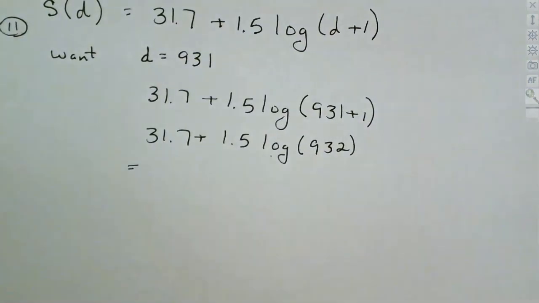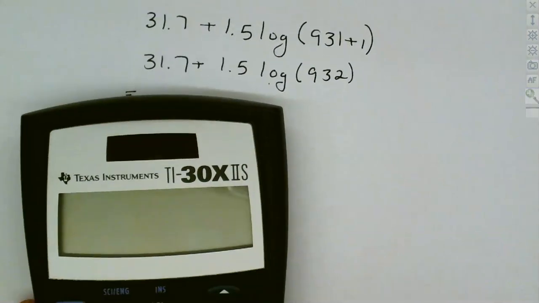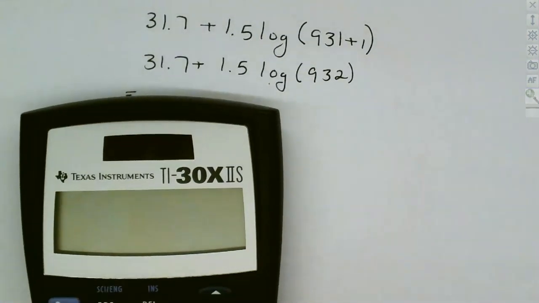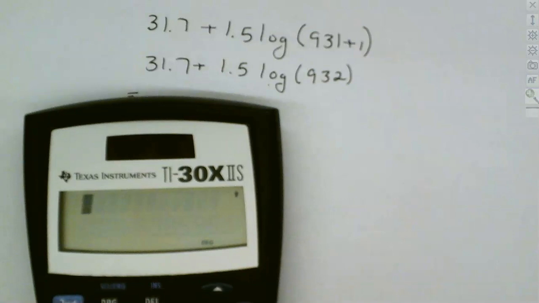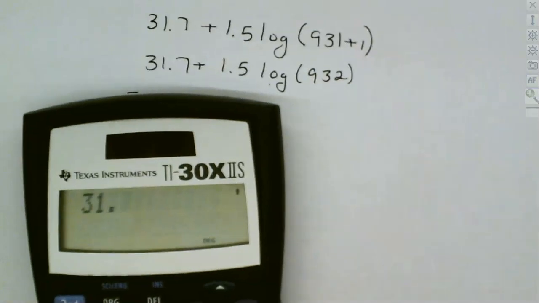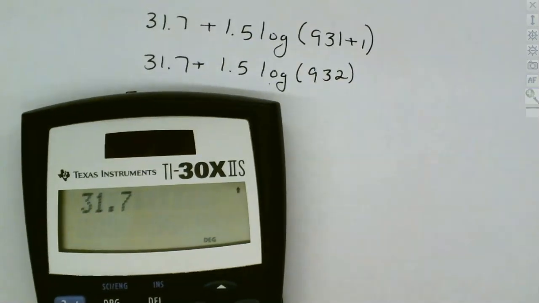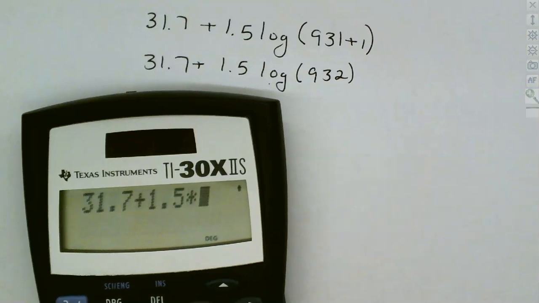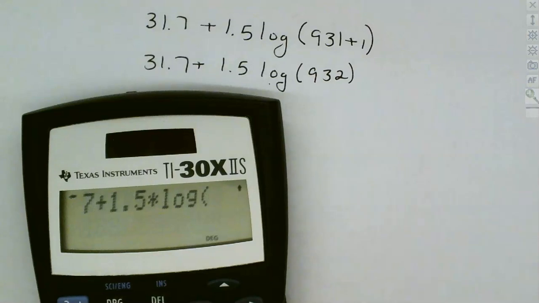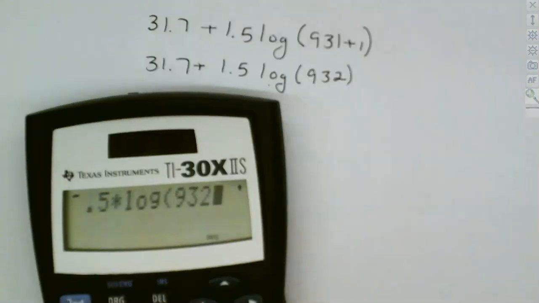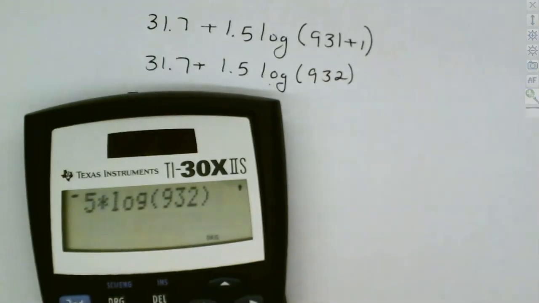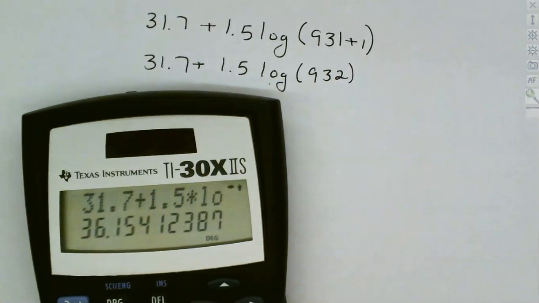Now, you can actually type it all in at once if you want to. You can break it up in pieces, or you can just do it all at once. We have a calculator here, so let's do it all at once. So we've got 31.7. Okay, we're going to add to that 1.5 times log of 932. And that gives us then a final answer of